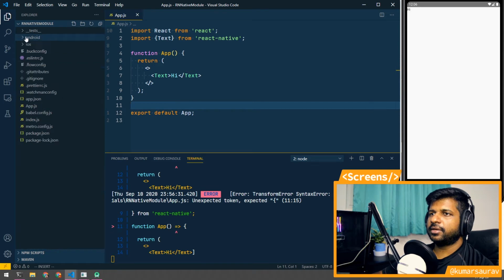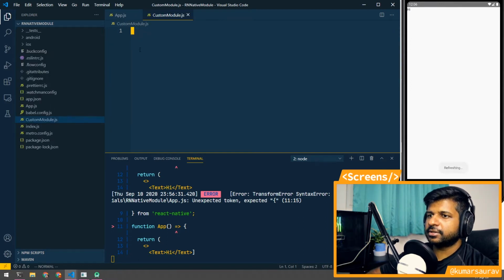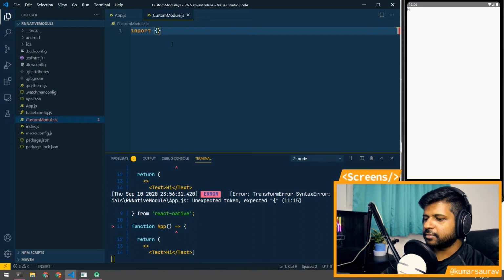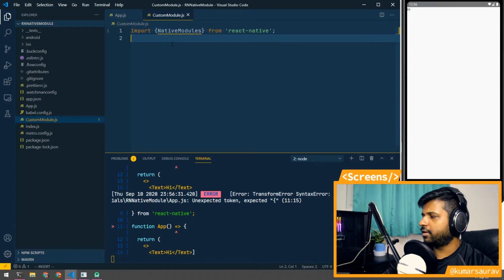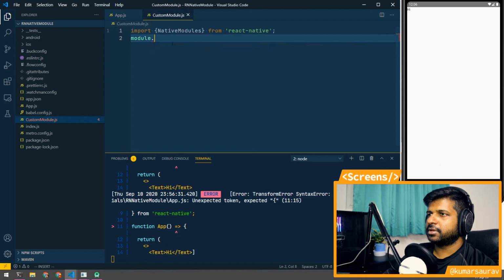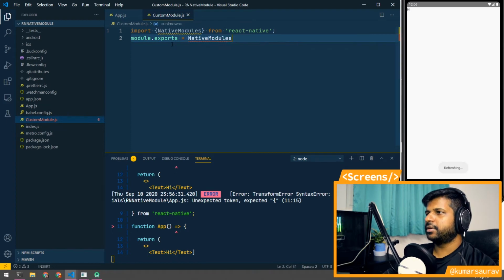Then let's create a file on the root and name it custom module.js, and in it we need to import native modules from React Native, and then do module.exports equals native modules dot.